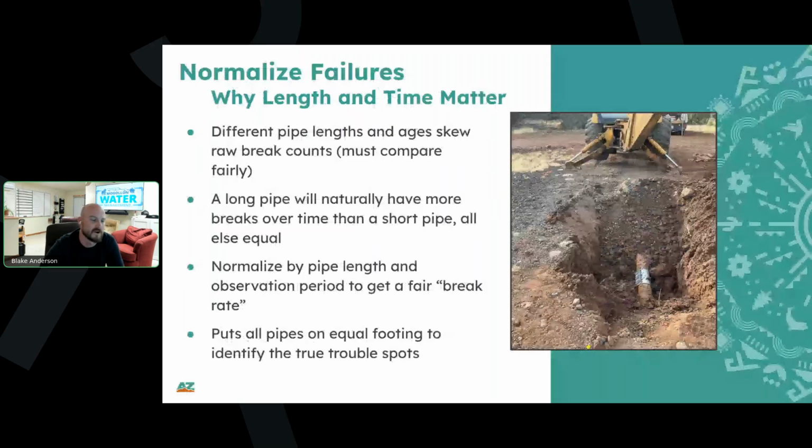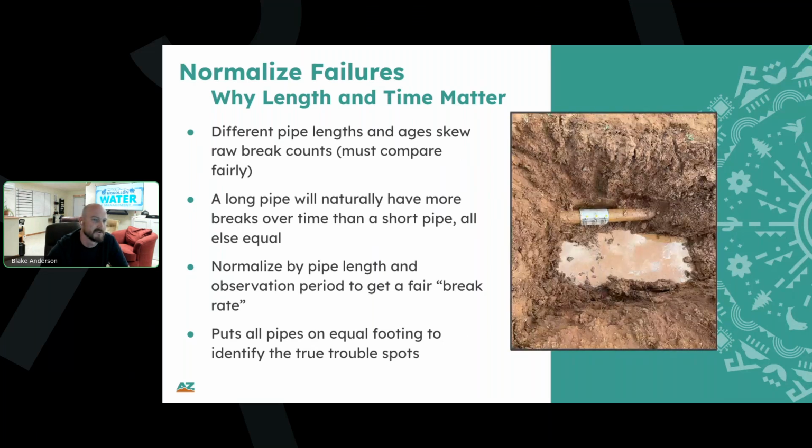And so here's a great example of why keeping this information, especially over a long period of time, is really important. The picture on the right shows a repair that was made to a steel pipe of one of the systems that we operate. This pipe was installed back in the 60s, and it's about 200 foot long. This picture is a different repair on that exact same line. And so imagine you're looking at these pictures in a file folder 4 or 5 years from now. How would you tell which one was which? Or how would you even be able to say, hey, we've had these leaks here?